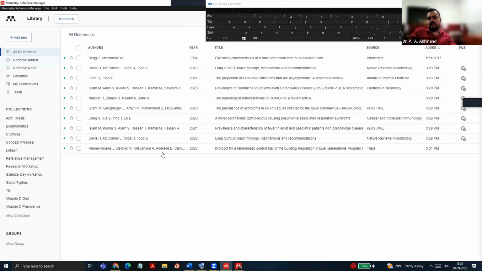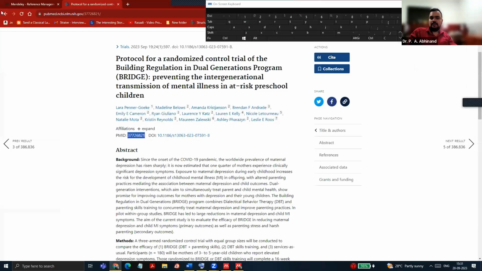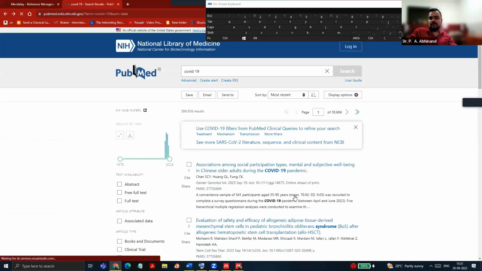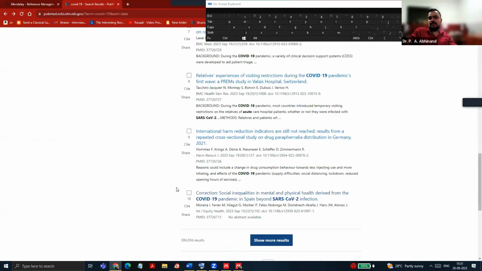Did you see it? The other option is sometimes the paper might not be in PubMed, but you might have only the DOI ID. What do you mean by the DOI ID? Digital object identifier. So if you have the digital object identifier, you can use that also as the identifier to add the article into Mendeley.